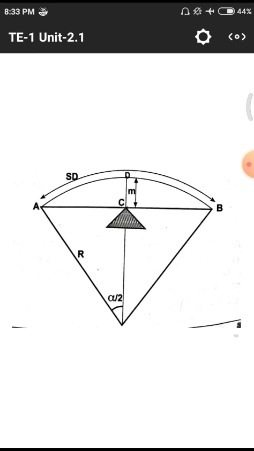These things are explained in the pictorial representation. A and B are the two points. At points A and B we have widening in terms of meters. SD is the transition length of the curve and alpha is the angle. C is the center point. R is the radius connecting the two lanes with equidistance. From A and B we have equal radius, that means on both sides of the curve we have equal radius. R and R are equal. This is explaining the previous conditions.